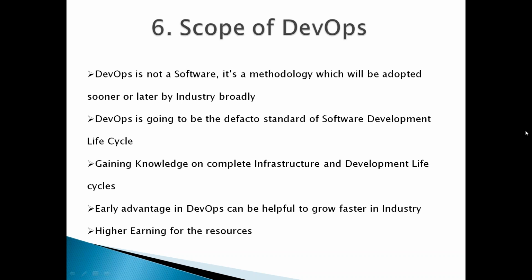So if you go into DevOps, in the future you'll have a good chance of becoming an architect, because an architect needs to see all the phases. If you come to the DevOps profile, you'll be understanding all the phases. You'll know how developers are interacting, what the testing teams are doing, what the software is, how to integrate them, what the servers are, how many. So by going into the DevOps profile, with 10 or 12 years of experience, you have a very good chance of becoming an architect, because